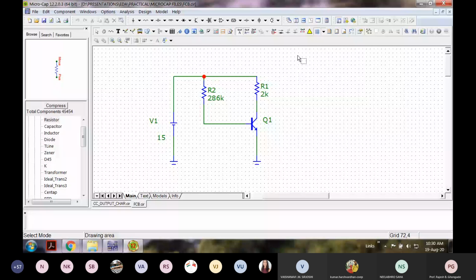Node voltages I can show, but current probes seem to be, I'm not yet sure about this.